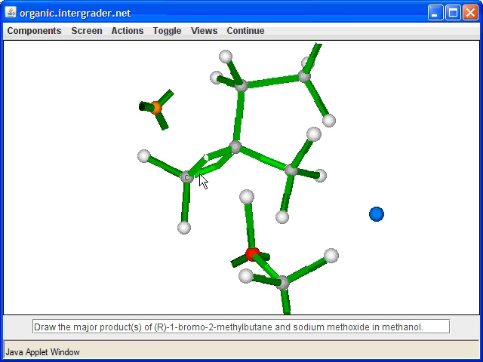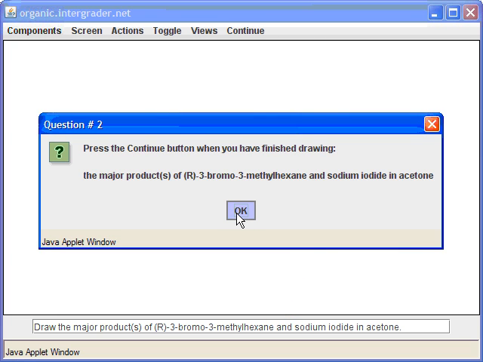And the other reason why we ended up doing E2 is because of increased steric hindrance. And we didn't do an E1 or an SN1 because this was a primary alkyl halide, in which case you cannot do those mechanisms because you cannot form the stable carbocation needed for that reaction. Okay, so that's all we needed in this case, so let's go ahead and continue. Let's see what else we have on here.